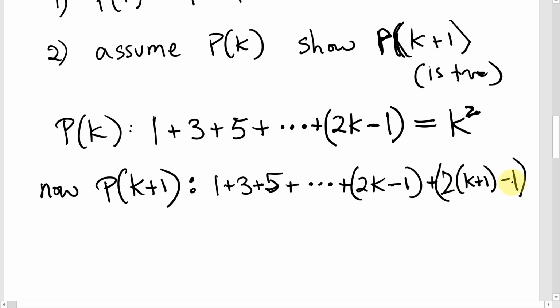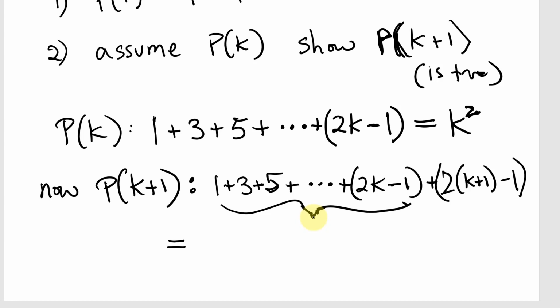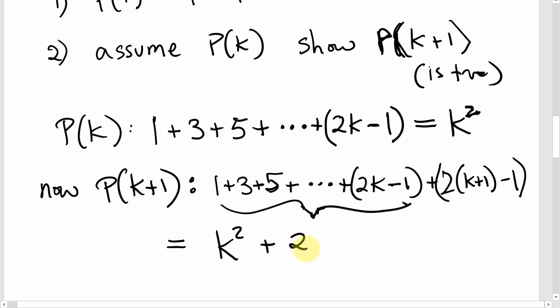Now this is just the left-hand side. I want to show that it's going to equal this k plus 1 squared, and I'll get to that in a minute. So this left-hand side, I've already established that this is equal to k squared. So I can use that. That's part of what's called the inductive hypothesis, the fact that we're assuming it's true at some arbitrary value, and just from that, showing that it must be true at the next value. So we can use that inductive hypothesis to say this is k squared, but then we have this 2k